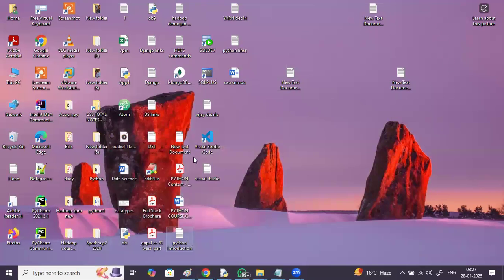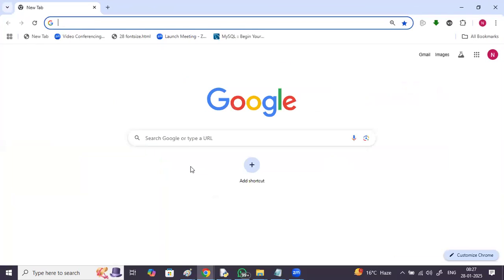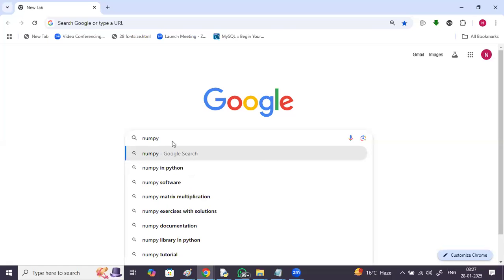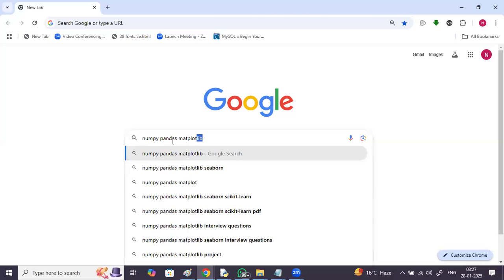Check it. Open Chrome. You can search jobs on these Python modules like NumPy, Pandas, Matplotlib.